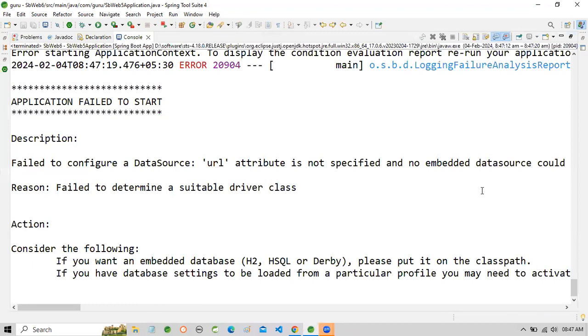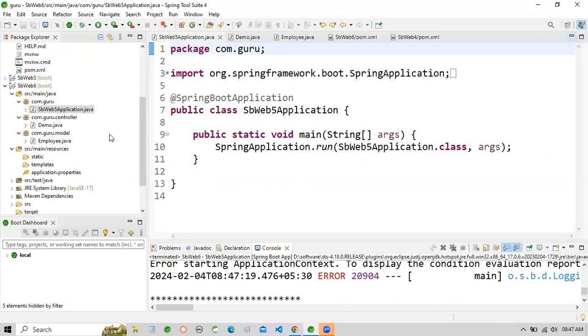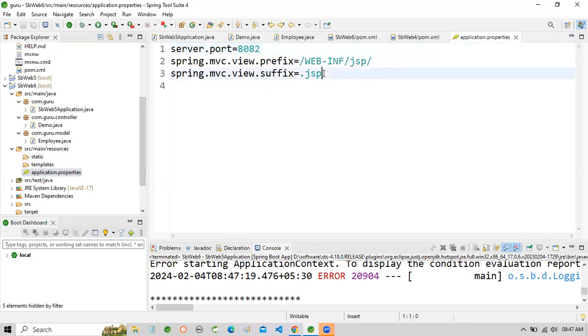Okay. Here you can see this. Let's show here the URL, where to configure a database URL. Actually, you can see the table, driver class. We are trying to save the value of an object in the database table. So we need a URL, driver class, username, and password. For this purpose, open your application.properties file and type here